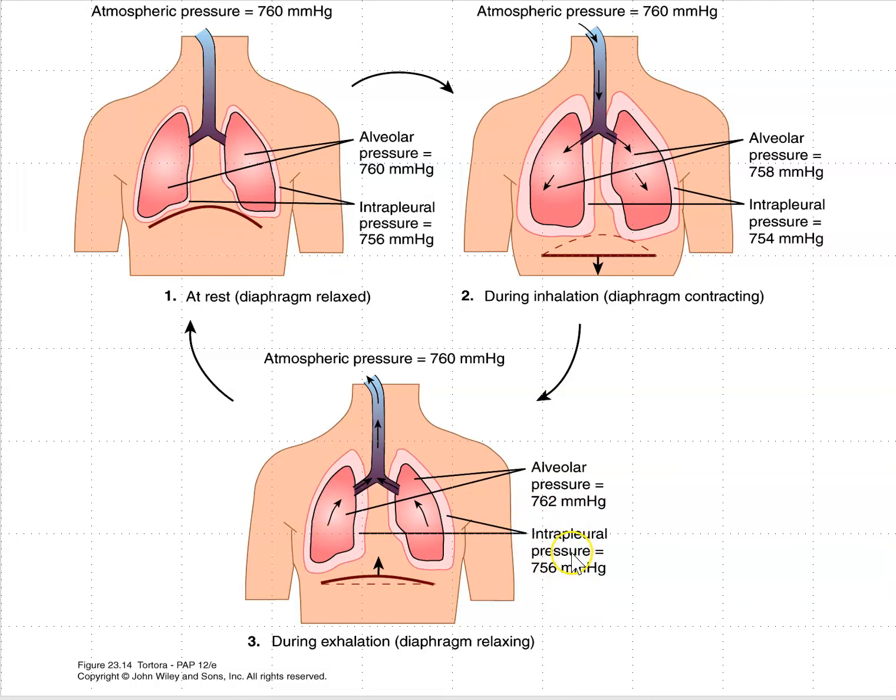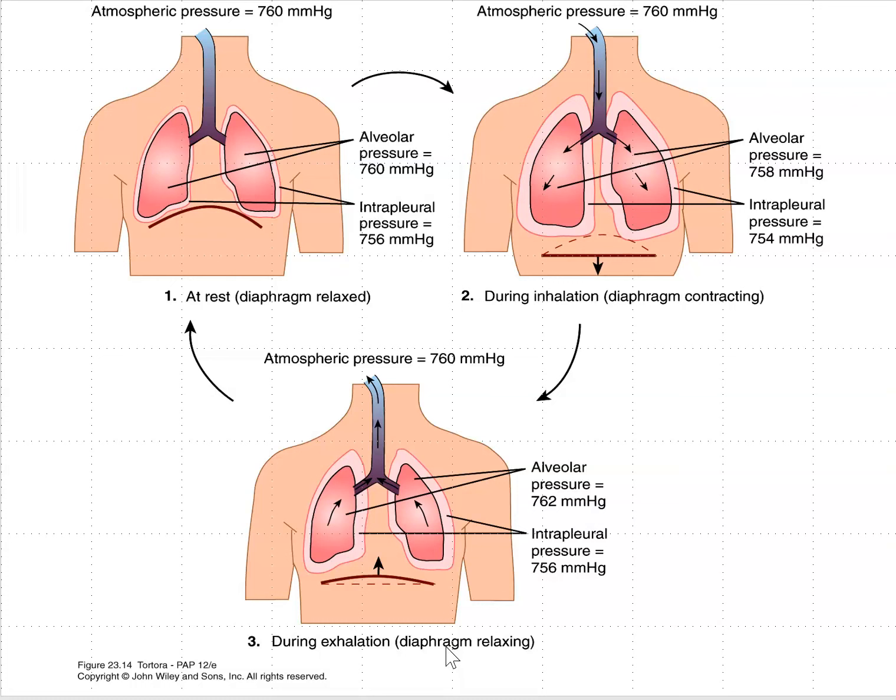So air flows out of the lungs in response to the difference in pressure gradient, and the lung volume decreases as a result. During forced exhalation, another group of muscles, namely the internal intercostal muscles and abdominal muscles, contract. So if you force exhale, you can feel that you're actually forcing your abdominal muscles to contract, not just your